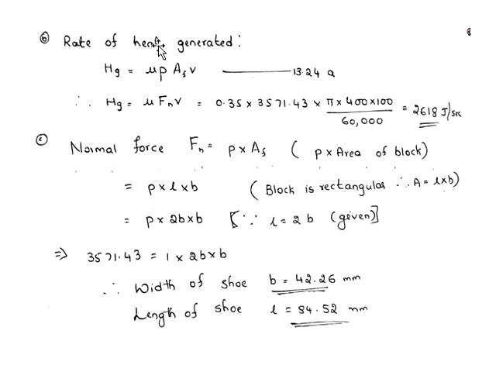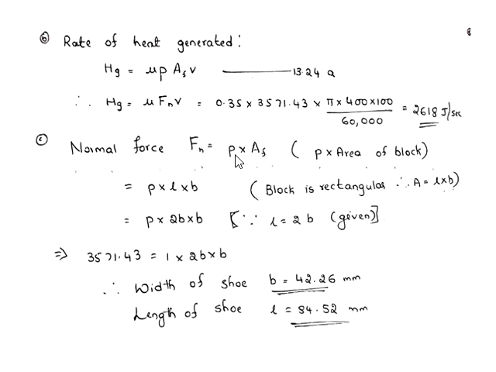Next, rate of heat generated. Here Fn value is known. Velocity V can be found using pi d n by 60,000. So using equation number 13.24a, you can find out the heat generated. In the last sub question, you have to find out dimensions of block. So dimensions you can find out using these two terms. I told you Fn is equal to P into A. In this equation, P into area is equal to Fn. Here Fn value is known, pressure is given in the question.